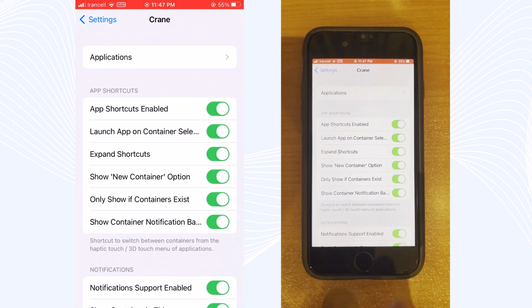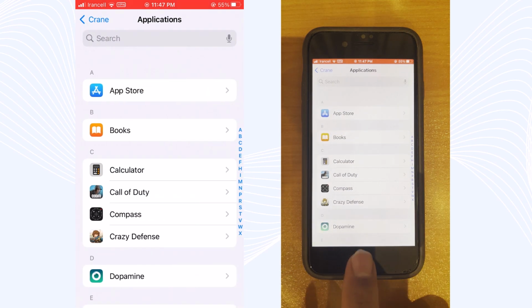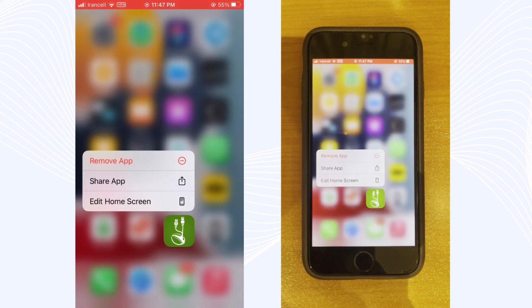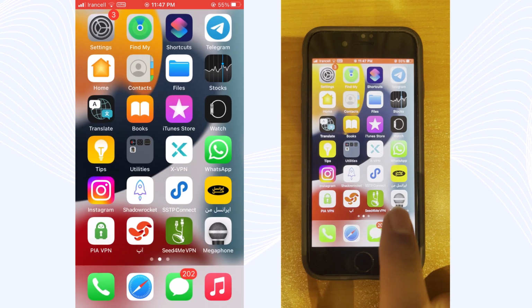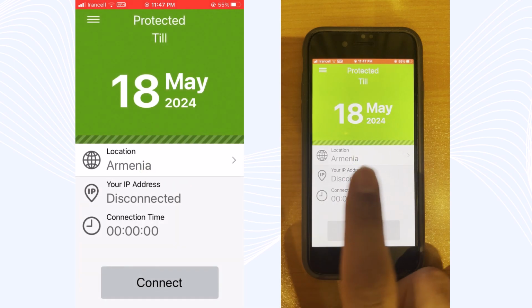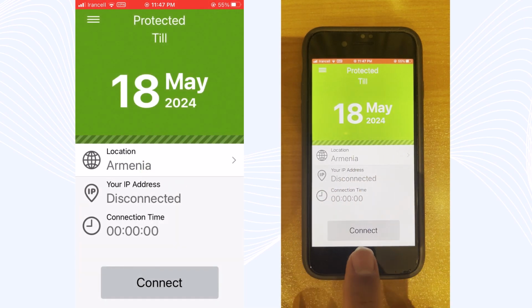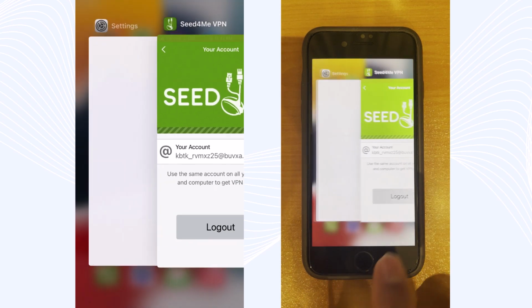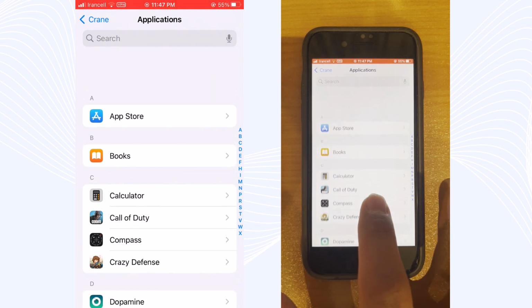And here, guys, we need to tell you an important point. When you hold on an app on your home screen, as you can see, we have just 3 options, and there is no option to clone it. And here, guys, as you can see again, I have a profile here. Let me tell you what the story is. As you can see, this is for testing, and I have a profile for this VPN, and I'm not able to have a second one.